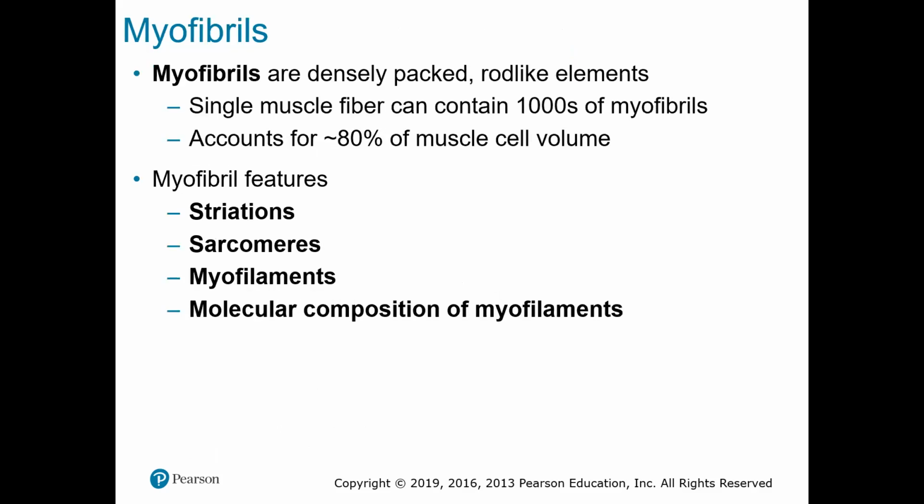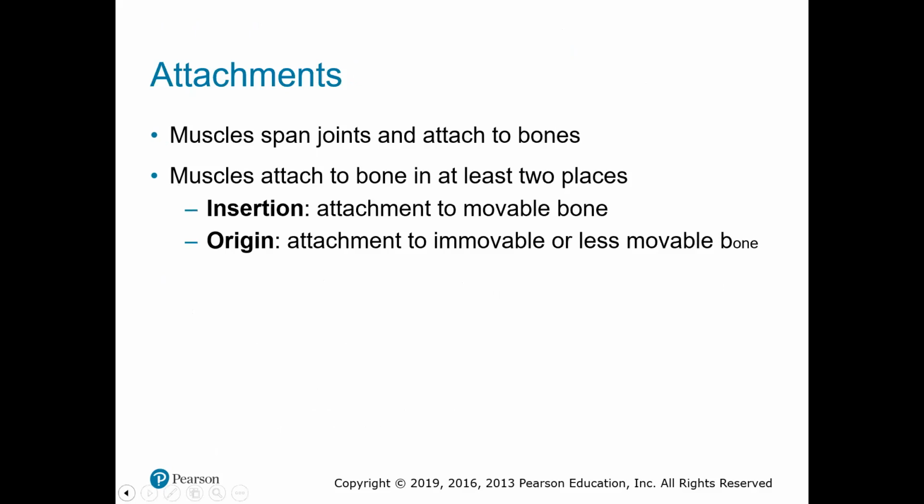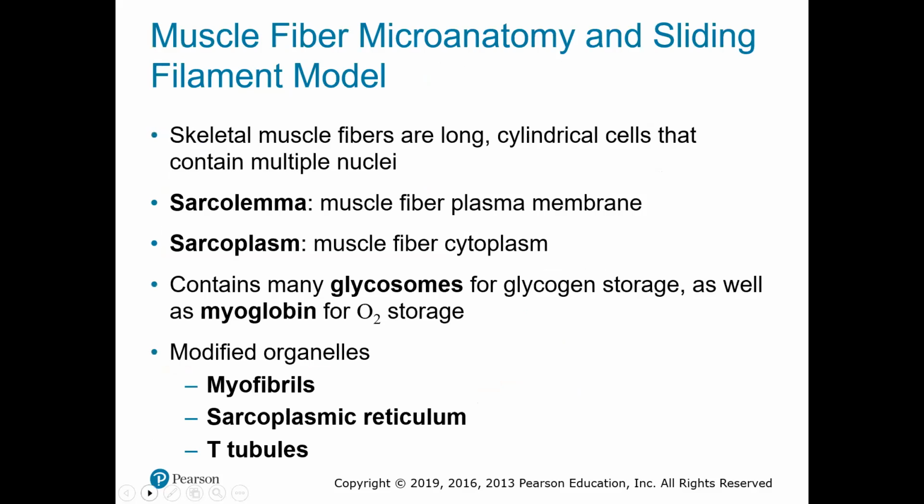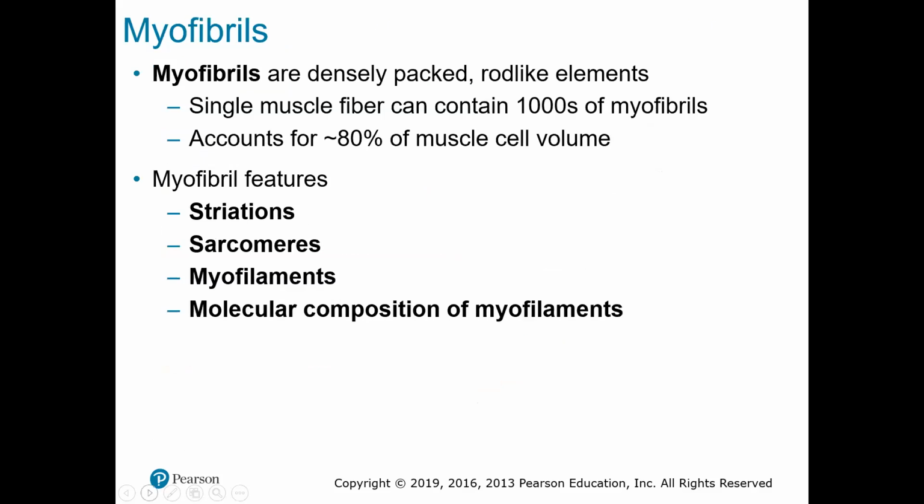Myofibrils are rods that run the length of the cell. The myofibrils, if you go back here to this picture right here, all these little round things. So this is a muscle cell right here, where it says muscle fiber. All of these little round structures in here are the myofibrils. These are these rod-like structures that run the length of the cell also. So one cell can have 1 million